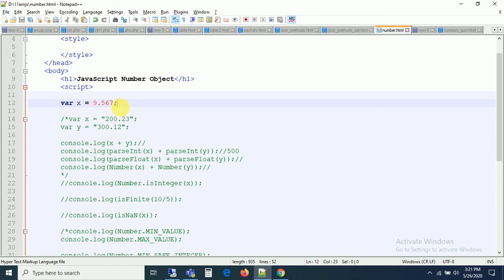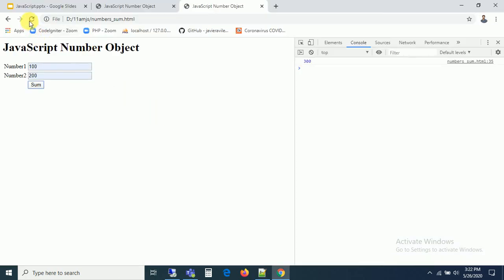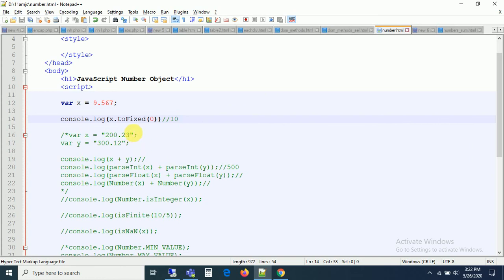Can you see here, after the decimal I have three numbers. So let me write toFixed of 0. With console.log, I have a method, guys. Here on the number, directly you can write something called toFixed. toFixed is a method. I am just giving it 0. Now it is going to round the value. For example, if it is 9.5, it is going to round the value to 10. Can you see here, my output is going to be 10. I think it is going to give the rounded value. For example, if I give 2 here, then what is going to happen after the decimal, this is the value, right?